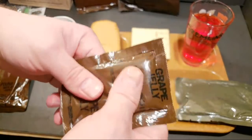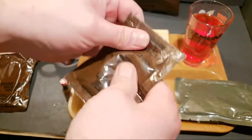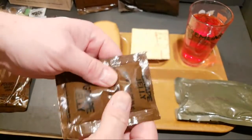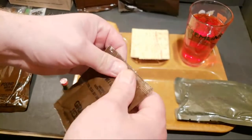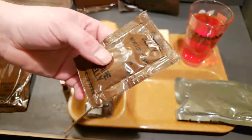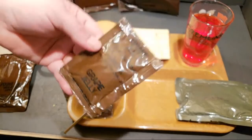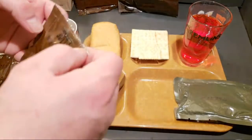Give the grape jelly a little bit of a knead real quick. Just because sometimes if you don't knead it up, now this will make it, I mean, not runny, but thinner, but it does incorporate those juices that'll separate back into it. And as long as the package isn't compromised on jelly or the can, I've had super old jelly that was perfectly fine. As long as it doesn't get a pinhole in it or something like that,